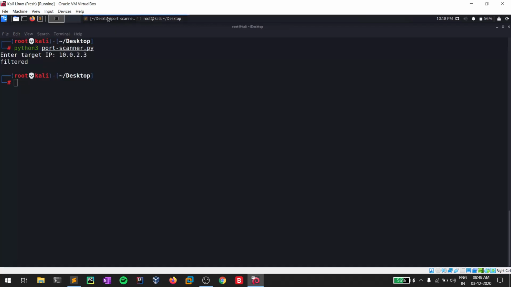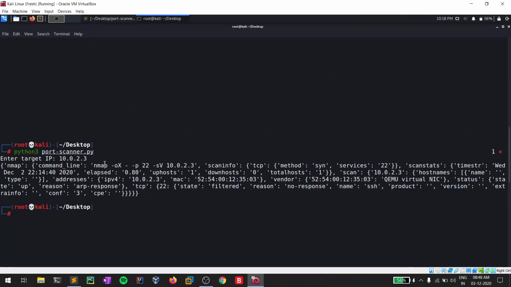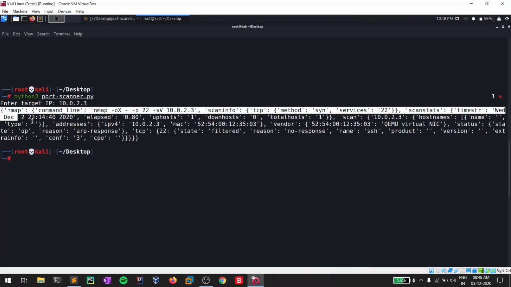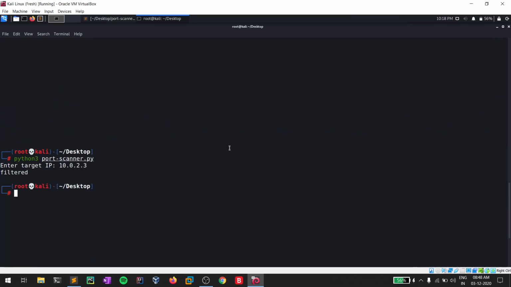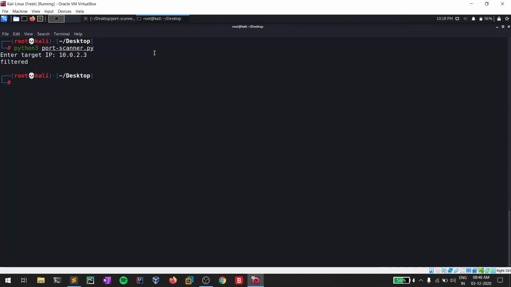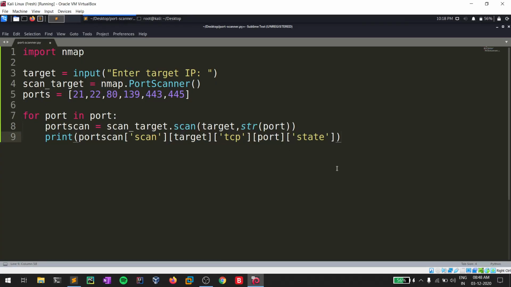Also I forgot to show you something here. In the dictionary we got here, you can see the command also, which is a normal nmap scan, which is looking for the version and for our port. That's all I forgot to tell you. And also you can find some more information as well, guys. You can print out the MAC address and stuff like that as well if you want them. Okay, and let's come back to the video. Yes, let me save this, and this is ports here.